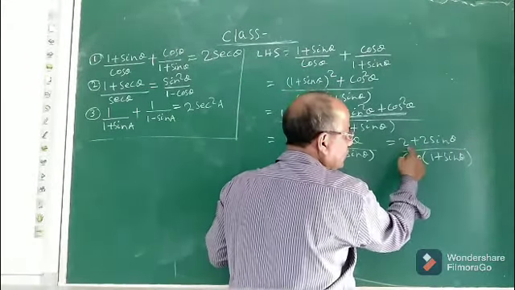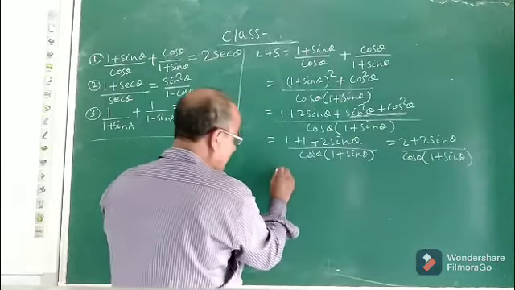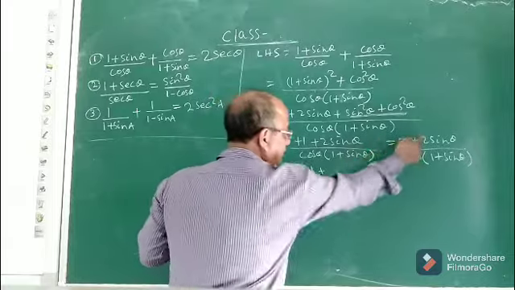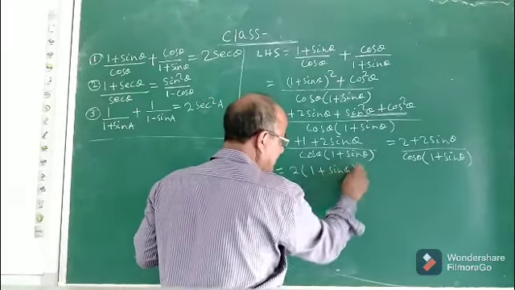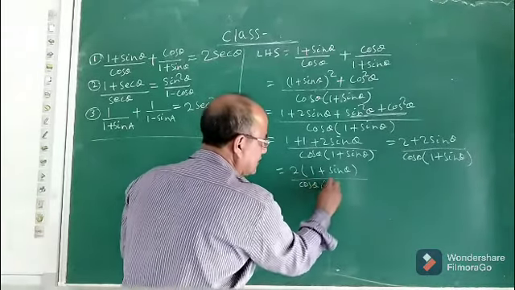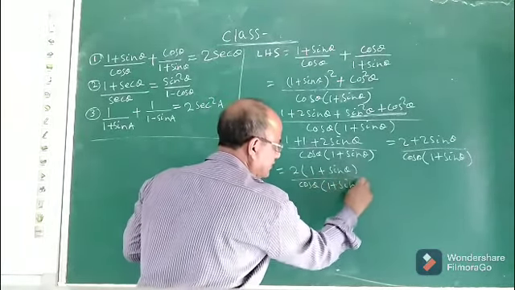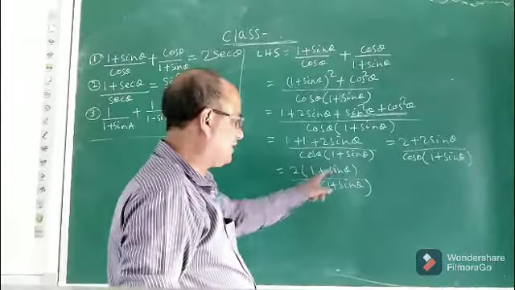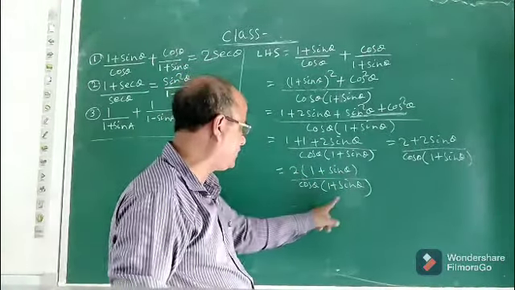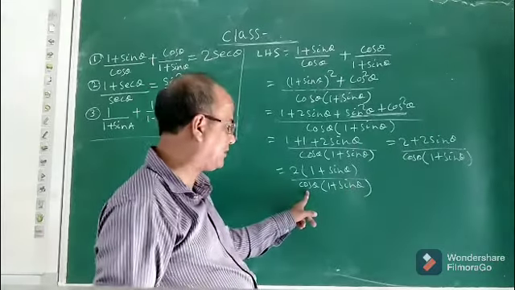So we can take common 2. We can take common 2 here. So taking 2 common, what we will get? Here we will get 1 and here we will get sin theta. See how interesting it is. Then the denominator is again cos theta into 1 plus sin theta. Now look at the numerator: 1 plus sin theta. This binomial is multiplied by 2, and in the denominator also the same binomial is multiplied by cos theta.